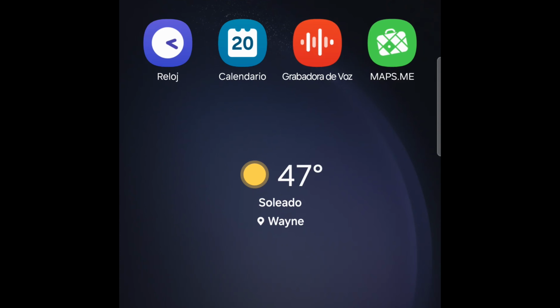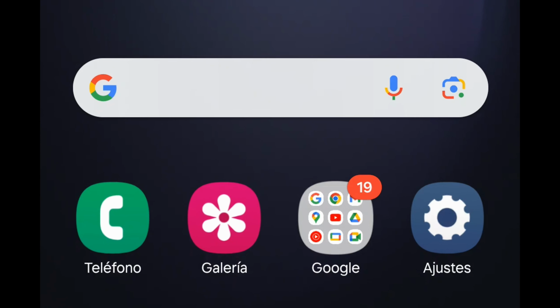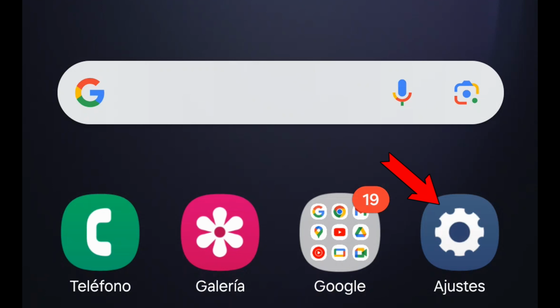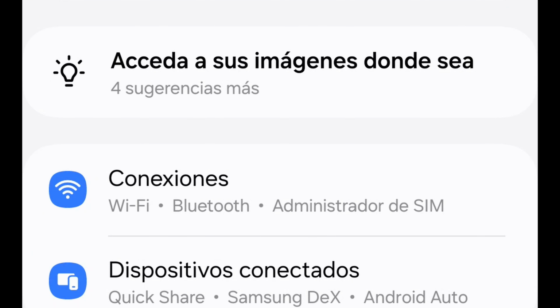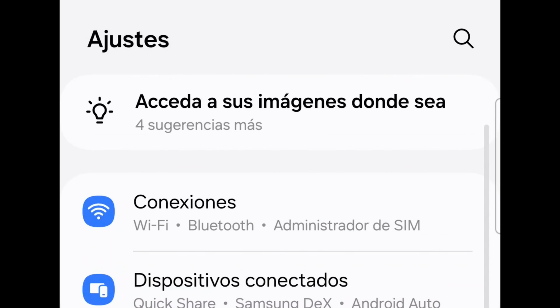So for instance, this gear icon, we see it every day on our phones. Even if you don't know what the Spanish word is for this, you know the English is settings. You know when you see that gear icon, it's settings. So it says ajustes at the bottom of this now in Spanish. So that will tell you that settings means ajustes in Spanish. You see? Okay, so let's open up the ajustes. Okay, ajustes, Spanish. Now we scroll down.